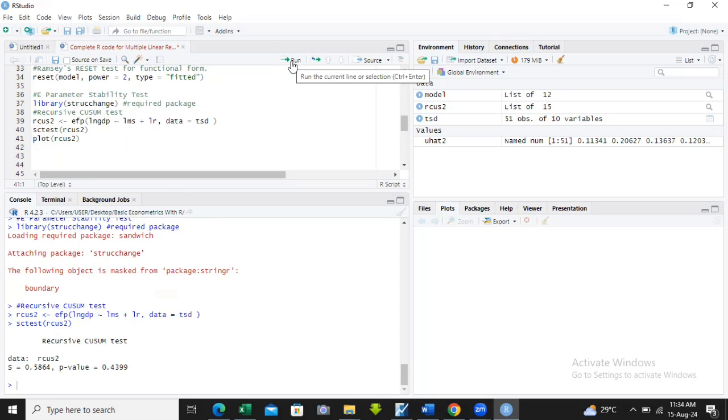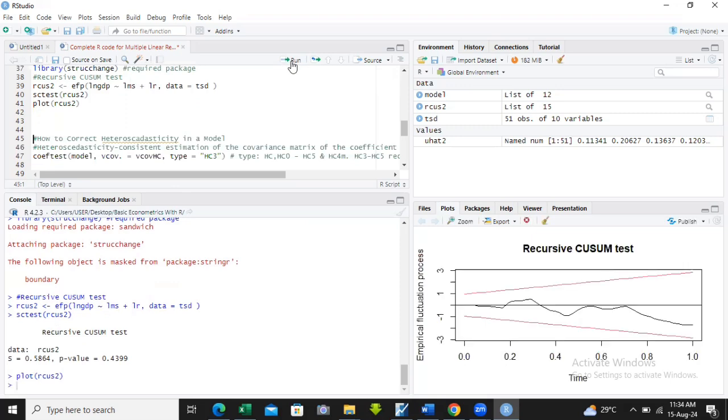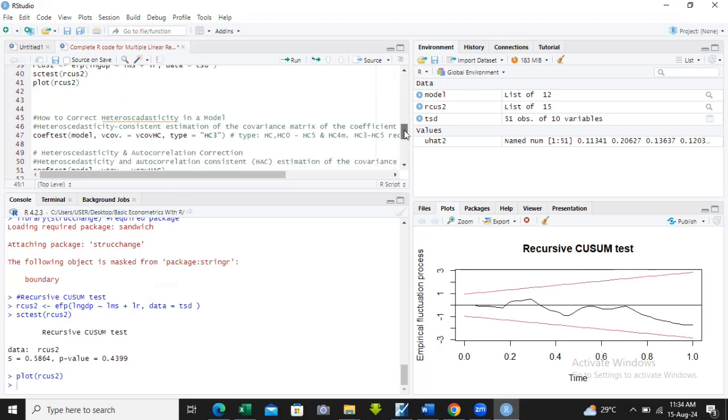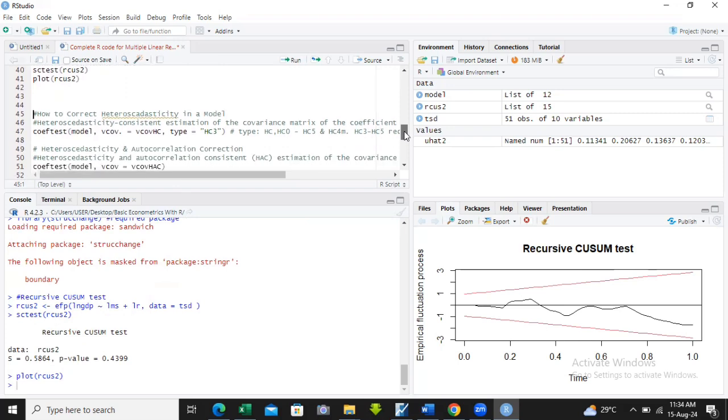No structural break. Then we can also plot the average figure and plot it. We can see this line is within the band, so it's not outside either of these red lines, meaning that our model is stable. Now, although there is no heteroscedasticity in this model, heteroscedasticity and serial correlation are